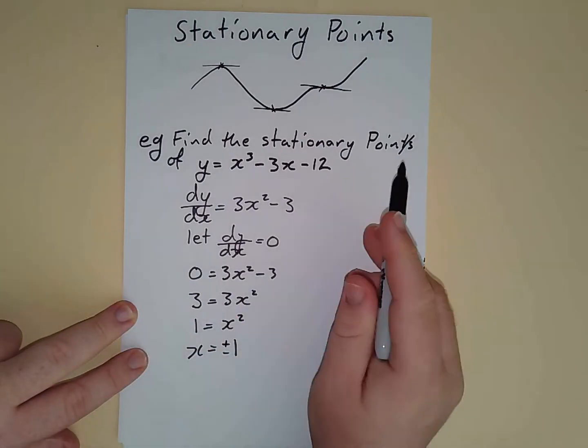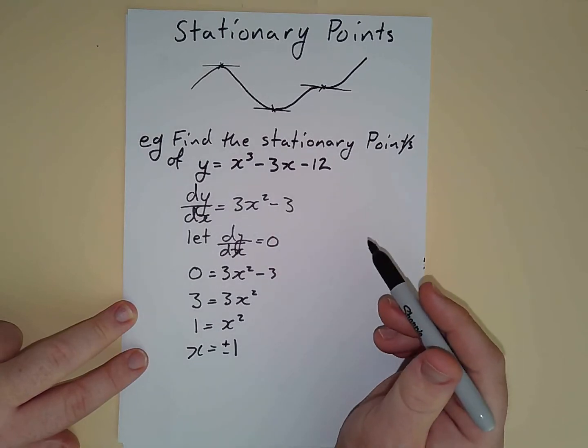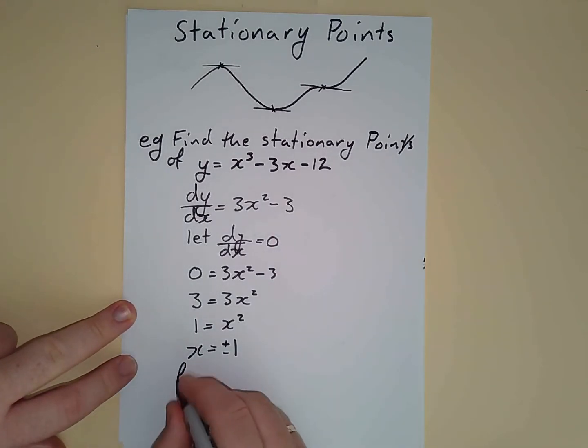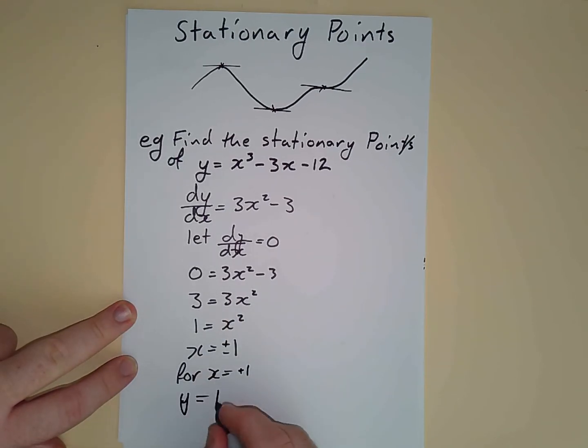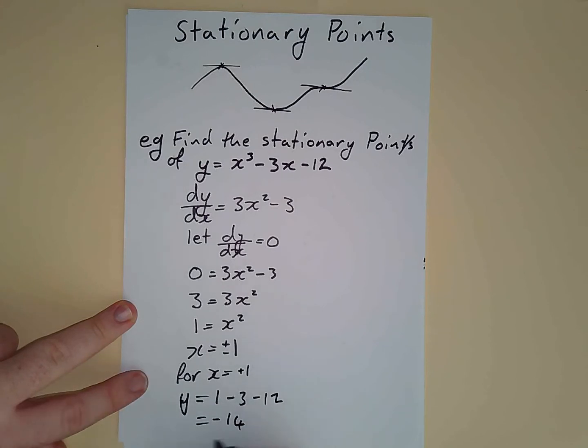Now, it does say the points, so I really do need to put them back in. So for x equals plus 1, y equals 1 cubed minus 3 times 1 minus 12. That looks like minus 14. So the point would be (1, -14). And the other one,